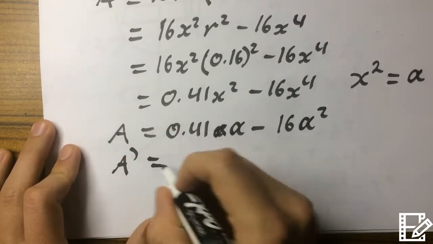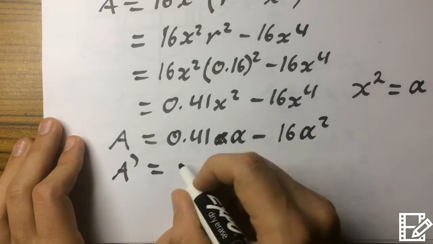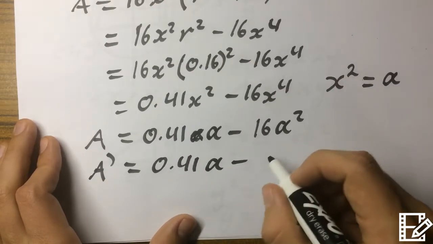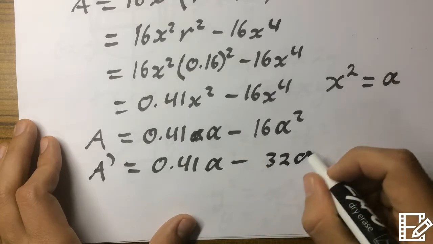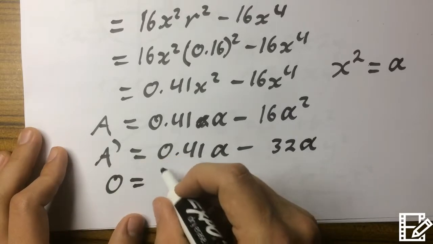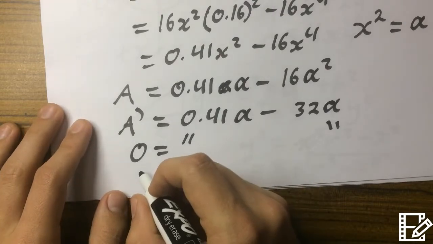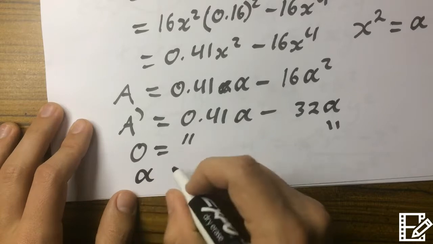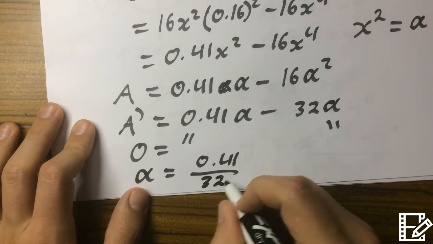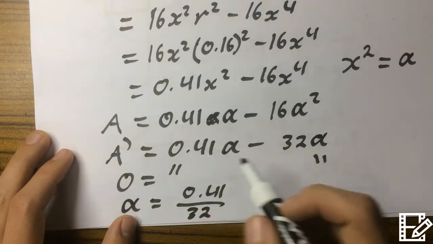So we find the derivative. If you watch my other videos, you know why we use the derivative, because we're looking for the maximum. And the derivative of this will be 0.41 alpha minus, well, 2 times 16, that's 32 alpha. And we let this equal 0, and we rewrite this out. And basically, if we rearrange it, we get alpha equals 0.41 on 32, because we'd add 32 to both sides, and then we'd